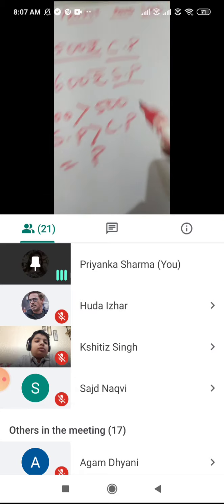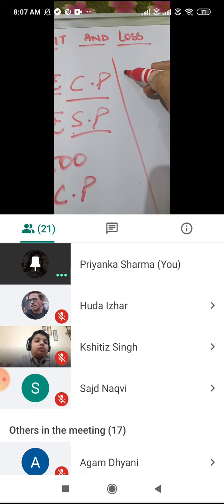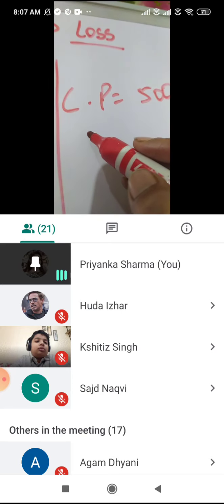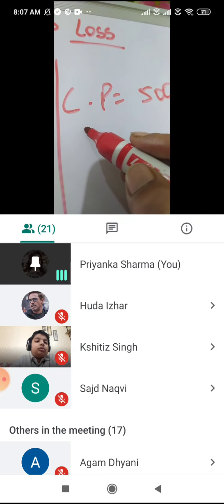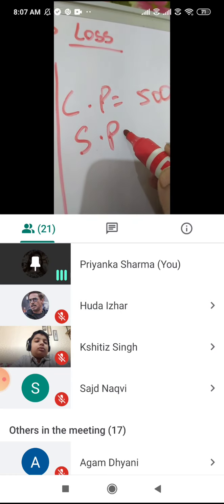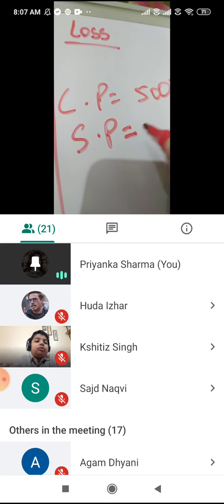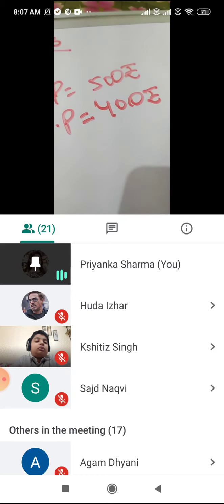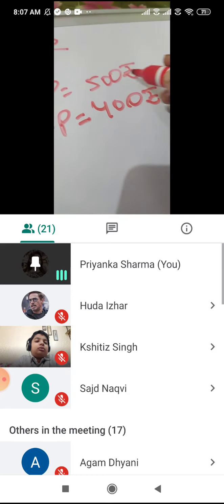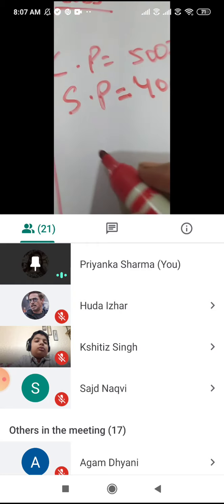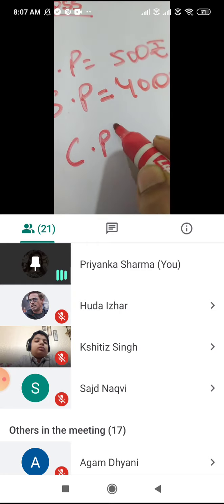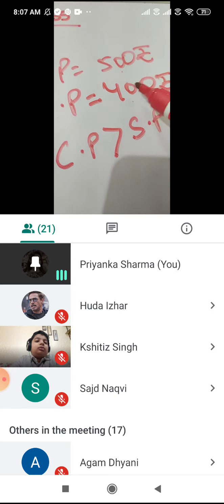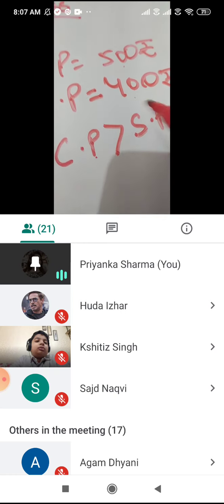Now today we have to understand that CP yesterday was 500 rupees, and your friend came and asked for the teddy bear. You said, okay, I will give it to you for 600, but he said, I don't have so much money, I have 400 rupees. So you said, okay, give me 400. So you sold the teddy bear for rupees 400. Now here cost price is greater than the selling price. Cost price is 500, selling price is 400. So cost price is more than the selling price.